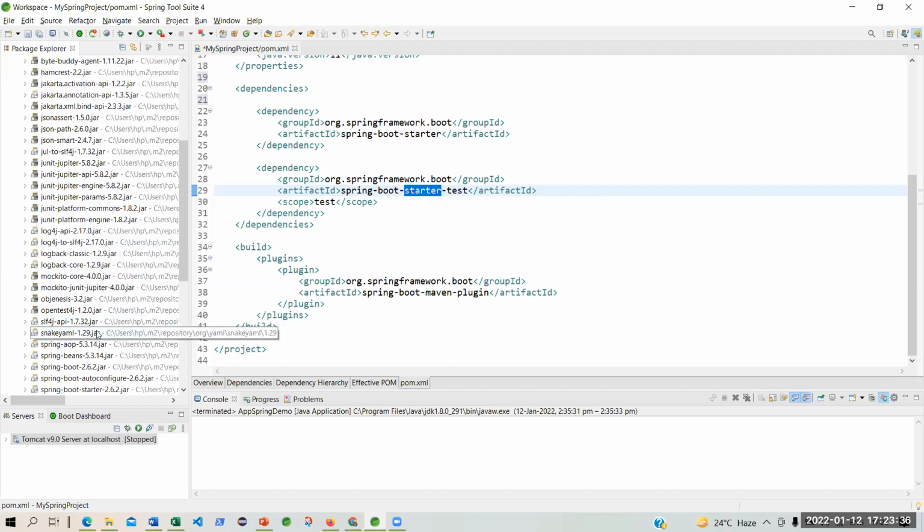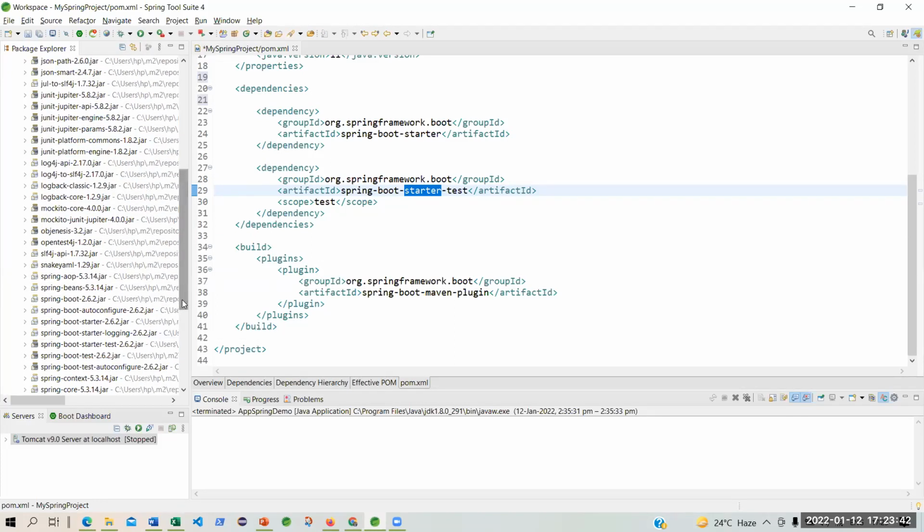Then you have Snake YAML. This is also a particular naming convention, the YAML format. You see Spring AOP. So if I have to use log4j, Jagdish, I have to have this dependency injected, Spring AOP. We will learn that in the fifth topic, AOP.